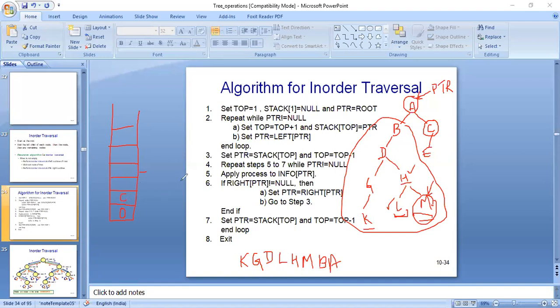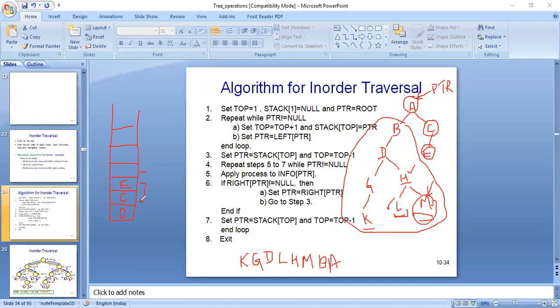will check for left and right child. So this is the node which is having left child. Left child will also be pushed onto stack, and this is the leaf node. So we will backtrack till we encounter the leaf right child. So we don't have any right child available now. So we will backtrack all.